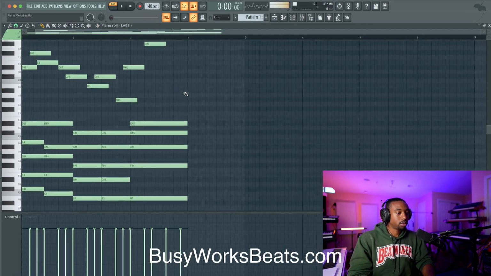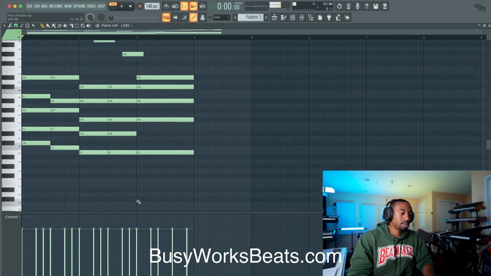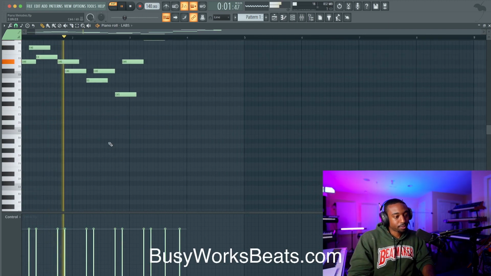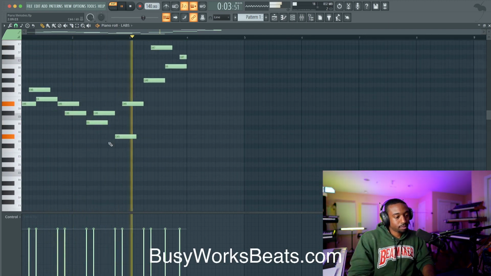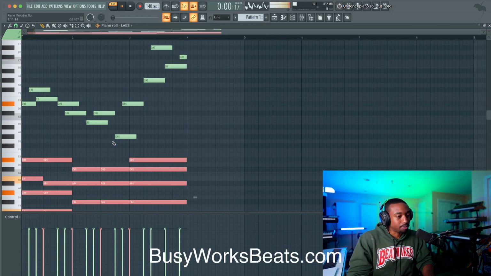Literally a 3-bar chord. Even though it's 3 bars, you can make that sound really cool. So without the chords, you really don't have context and the emotions are lost. It just doesn't feel the same.